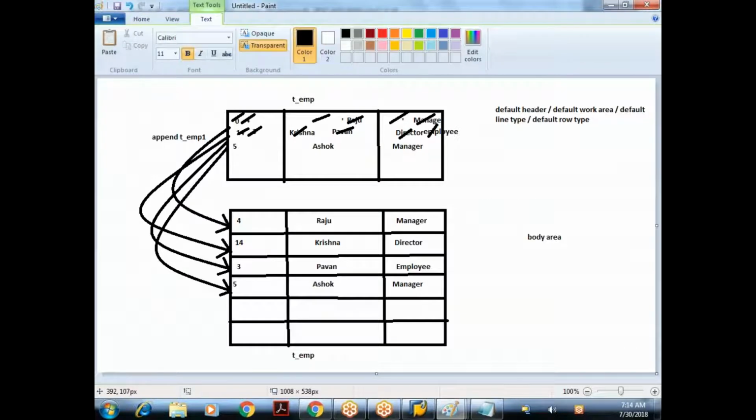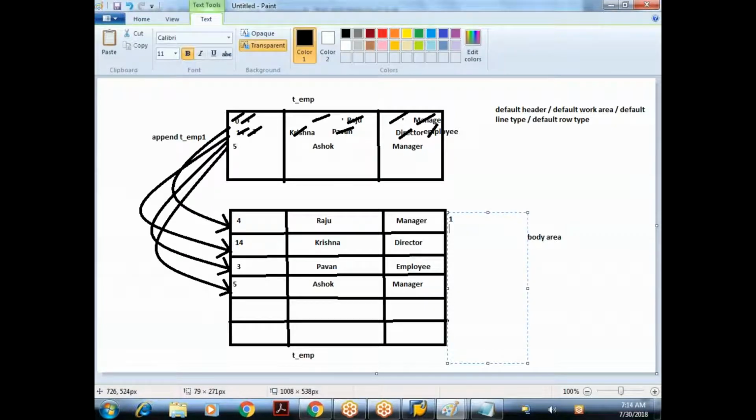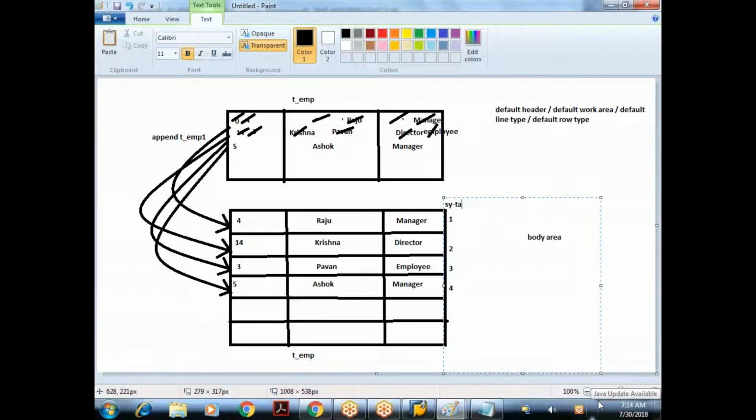One more thing: the index of the internal table starts from 1. That means the first record will have the index value 1, then 2, 3, and 4. I can refer to this index value by using a system field called SY-TABIX. We already know some system fields in ABAP, like SY-REPID, which refers to the program name, SY-DATUM, which refers to the date, SY-UZEIT, which refers to the time, and SY-UNAME, which refers to the login username.